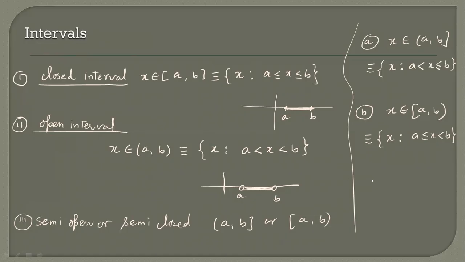And I have already told you real number is represented as the open interval from minus infinity to infinity. We cannot reach infinity, so we always use open interval at infinity, because closed interval is used in the case when you can reach the boundary points, but we cannot reach infinity. Therefore, we always use open interval at infinity.